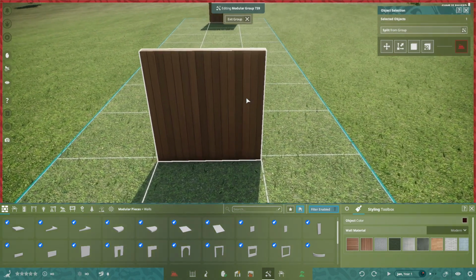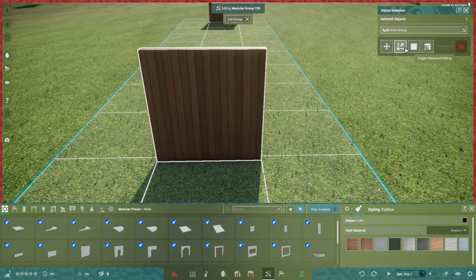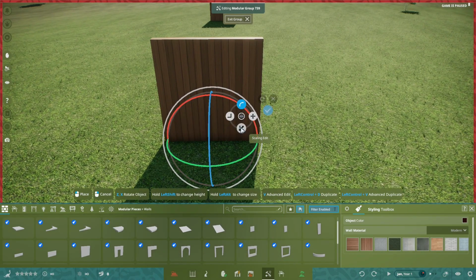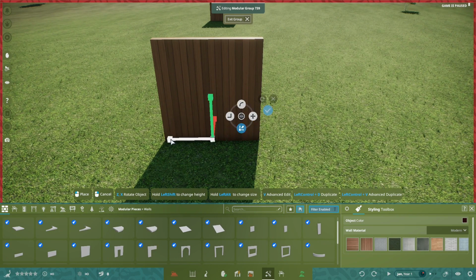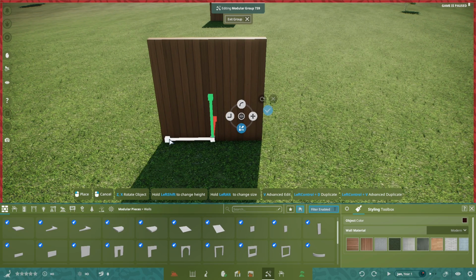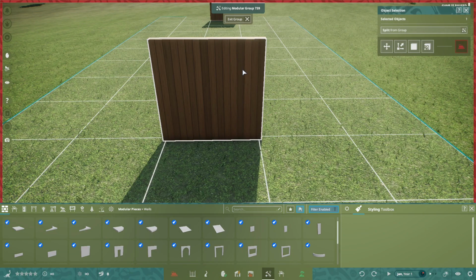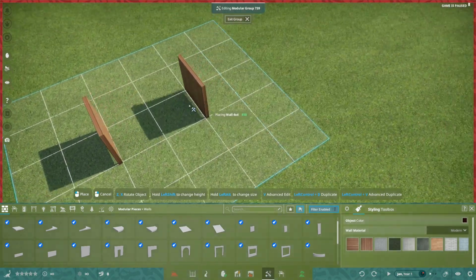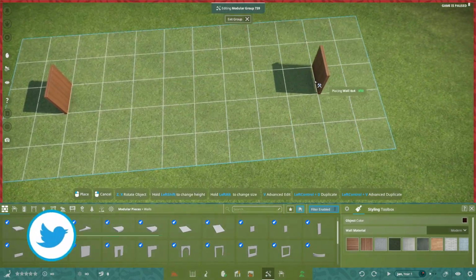So if we just click on one of these walls here, and then we want advanced editing, and then we're going to enlarge it, the scaling edit, and we're just going to increase the scale of that a little bit just to try to fill that gap, and then place that down. But now we want to delete this, because remember that it's two different sizes now. Again, we want to duplicate the one we've just resized,